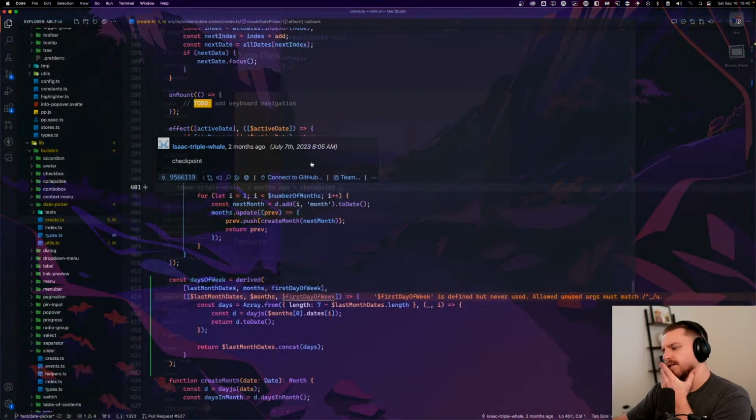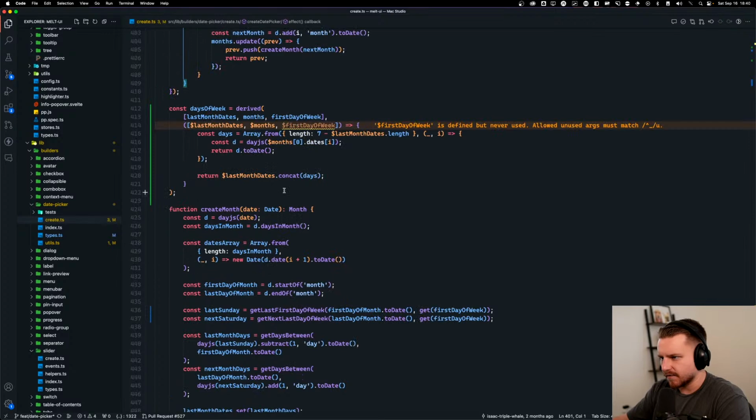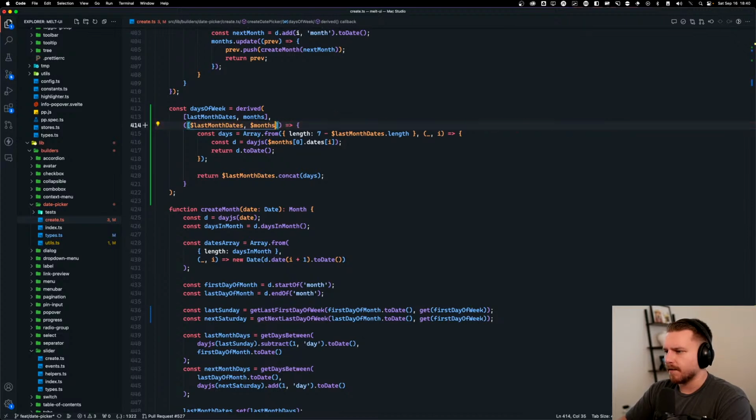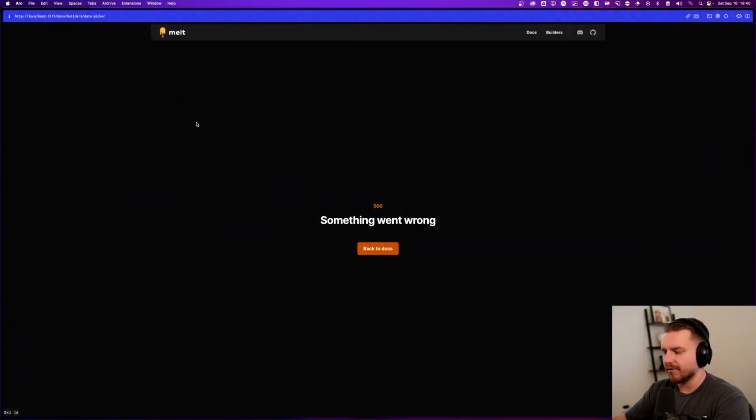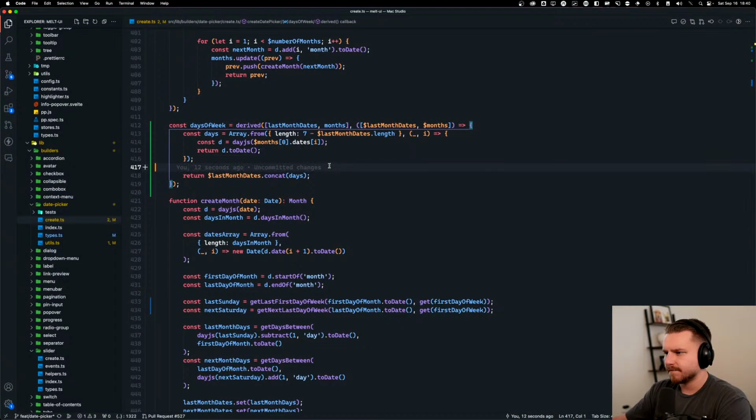I know why this is happening. It's because something isn't reactive. It's most likely how it generates the dates the first time. So we'll get this later on, but the idea would be to be able to do that. I could change that and then it would reactively update the days based on that. But right now it just seems like it's generating it once. So probably need to make that